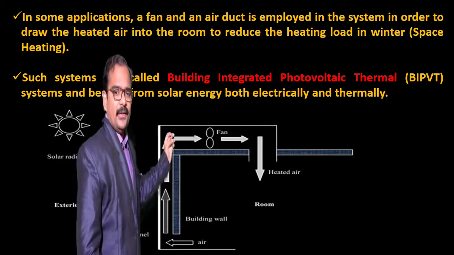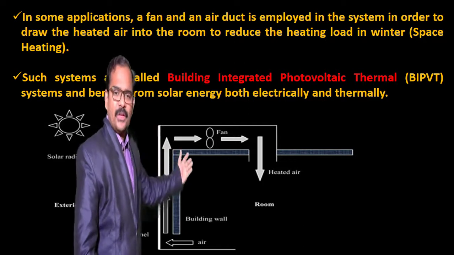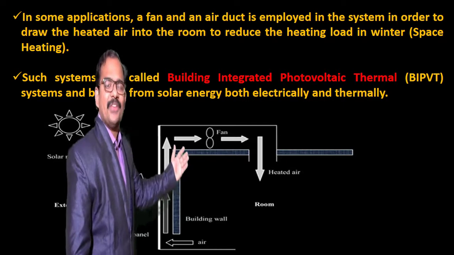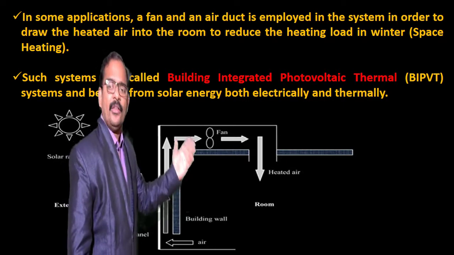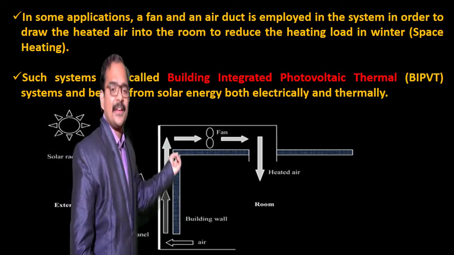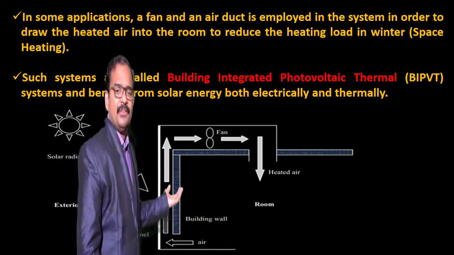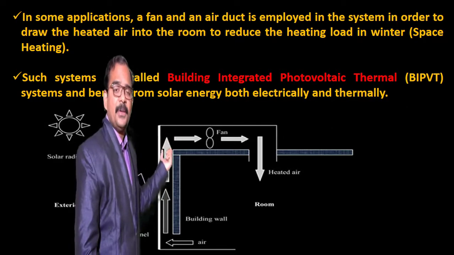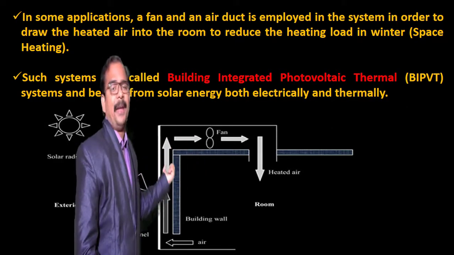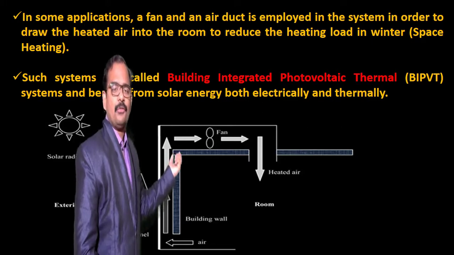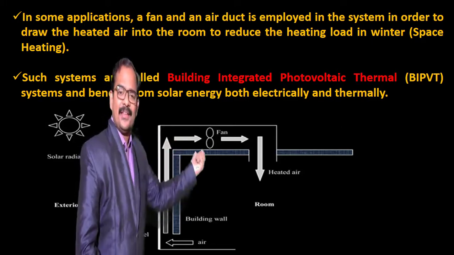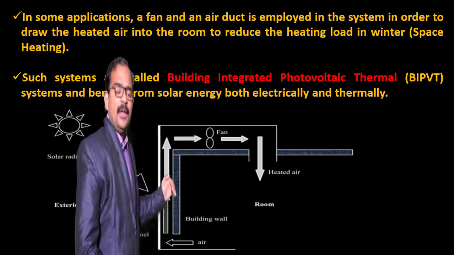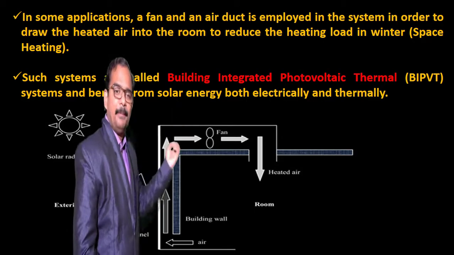As you can see in the figure here, when sunlight falls on the glazing, it will transfer that energy into the solar panels, and solar panels will generate the electrical energy, and in this process the solar panels get heated up. Now air from inside the building, which is very, very cool air, will now be entered into the space between the building and the solar panels.